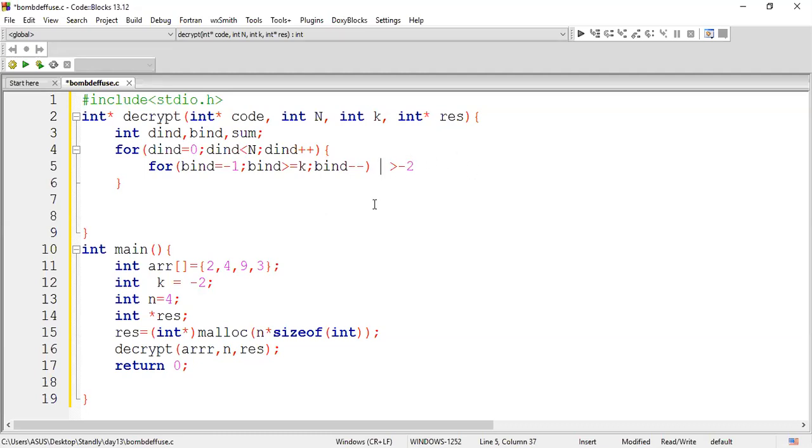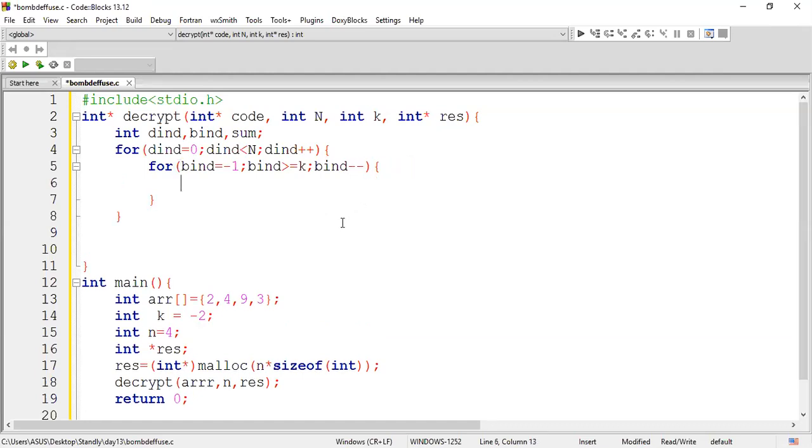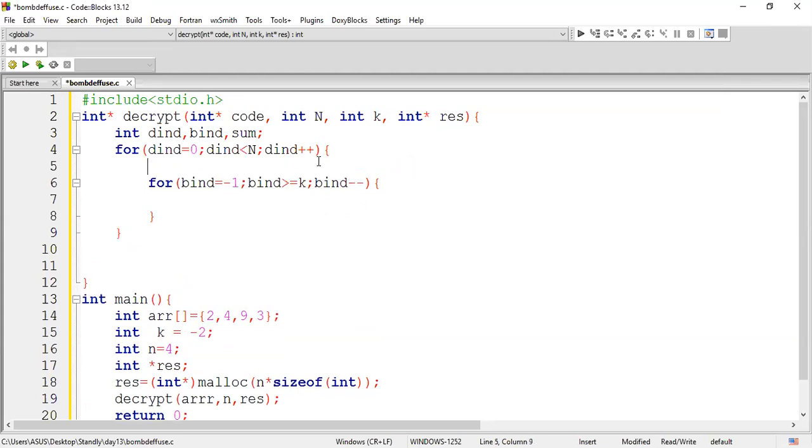And followed by it, we are supposed to do a summation, and the summation has to be reset each and every time. So let me declare one variable called sum and initialize it to 0. Now I'm going to add a value in sum. So as many times as my B index executes, the previous two values have to be added, right, based on my key value.